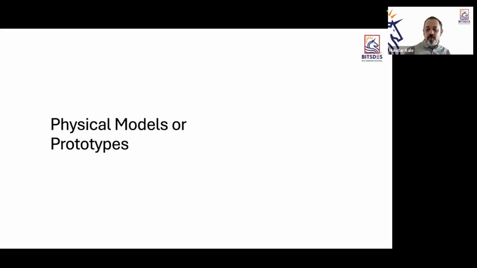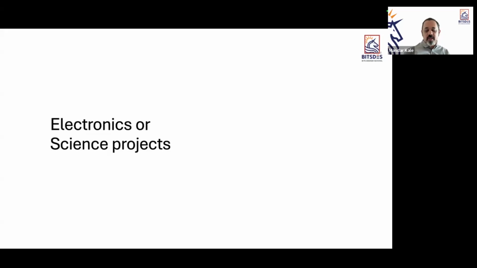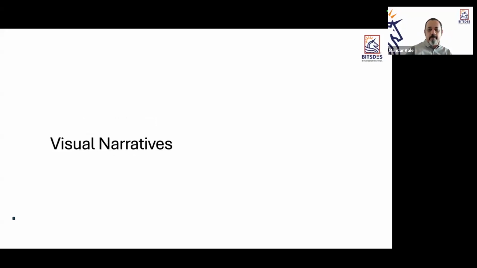This is just a way for you to express. We spoke about this: electronics, science projects, visual narratives, maybe a little bit more. A visual narrative simply means that it's a creative idea expressed visually, or expressed more in two dimensions. So it could be on paper, it could be on a digital screen. And don't be limited to what